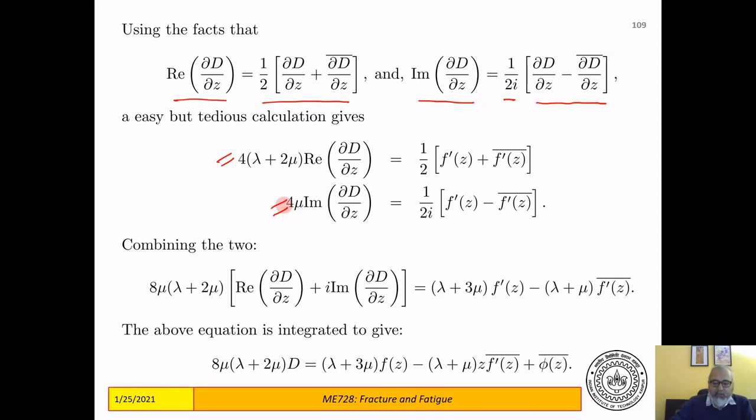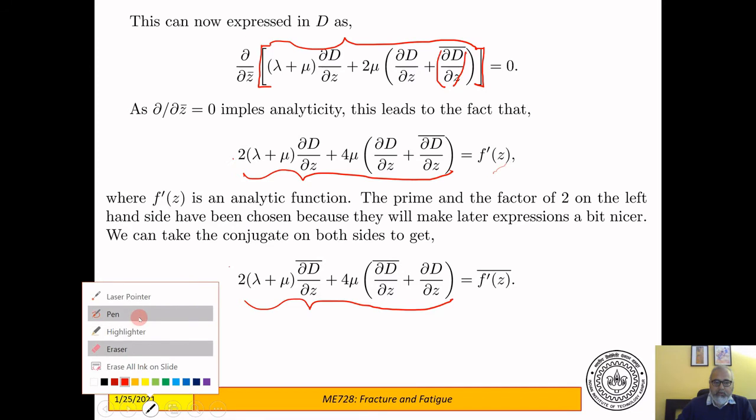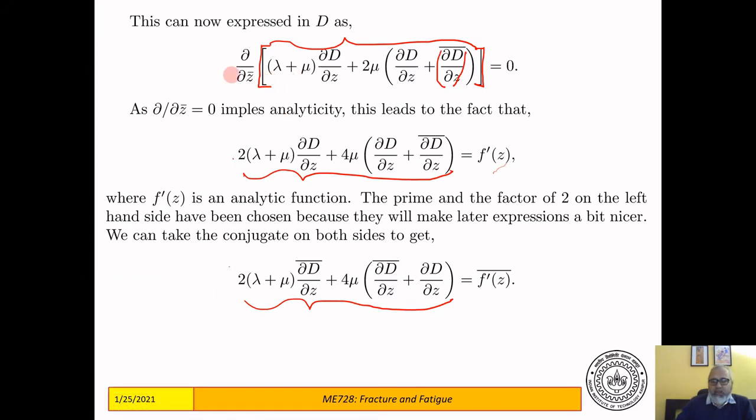Let me repeat what we just did. Let me erase this and make it clearer. So we argued that since del del z of this whole thing is equal to 0, this must be equal to an analytic function, and that analytic function we have taken as f prime. Now we take the conjugate of this and get another equation,